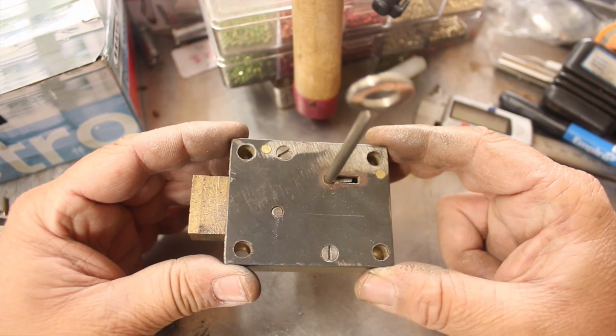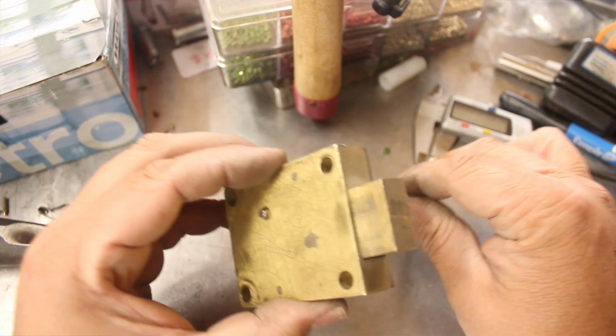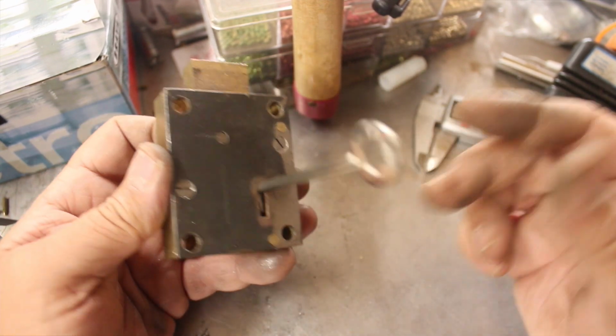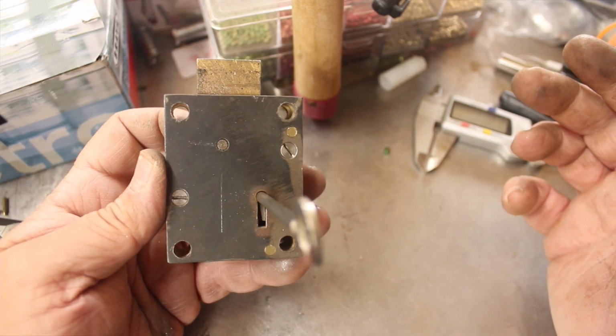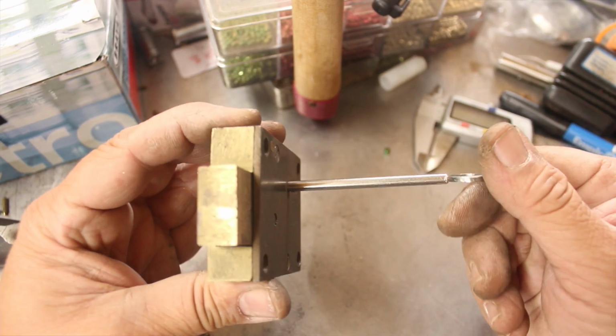So I've just made keys to this vault lock right here. This is a 6-lever vault lock. I don't even know who makes it. I think it could be a Chubb or something like that. It's probably going back 50 to 60 years. It's quite old. It took me 2 key blanks to do it, but I've got quite a nice key now,